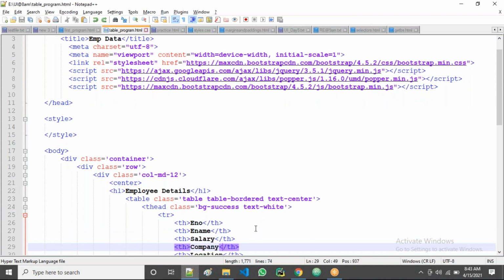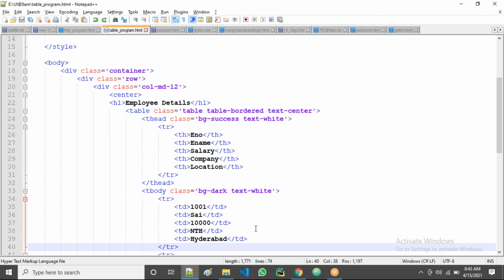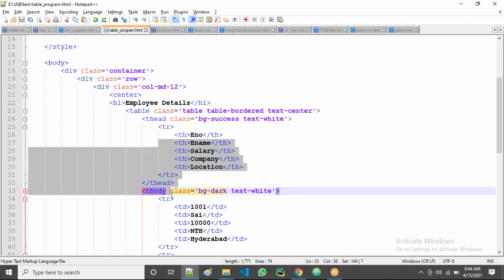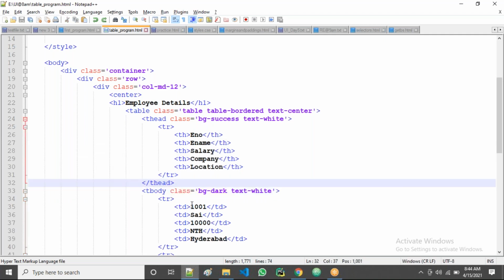And one more thing, how you practice: after class is over, take the table example and try on Google, bootstrap table classes. There are a lot of classes. Try to apply each class and understand what is happening there. If we discuss all the classes and styles, it takes a lot of time to finish this UI. Whatever example I'm doing in class, apply the same example after class also, and try to extend it more by using Google, YouTube, all those things.